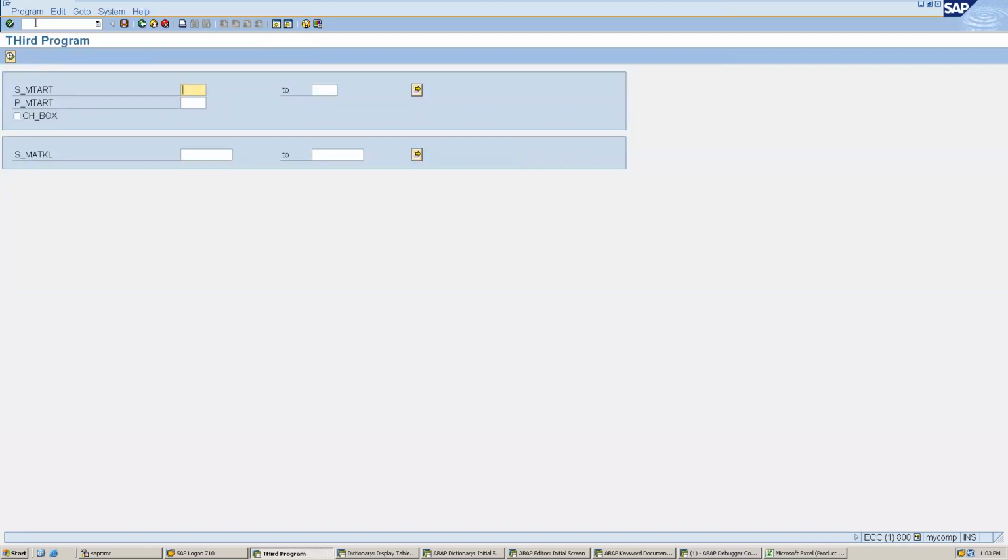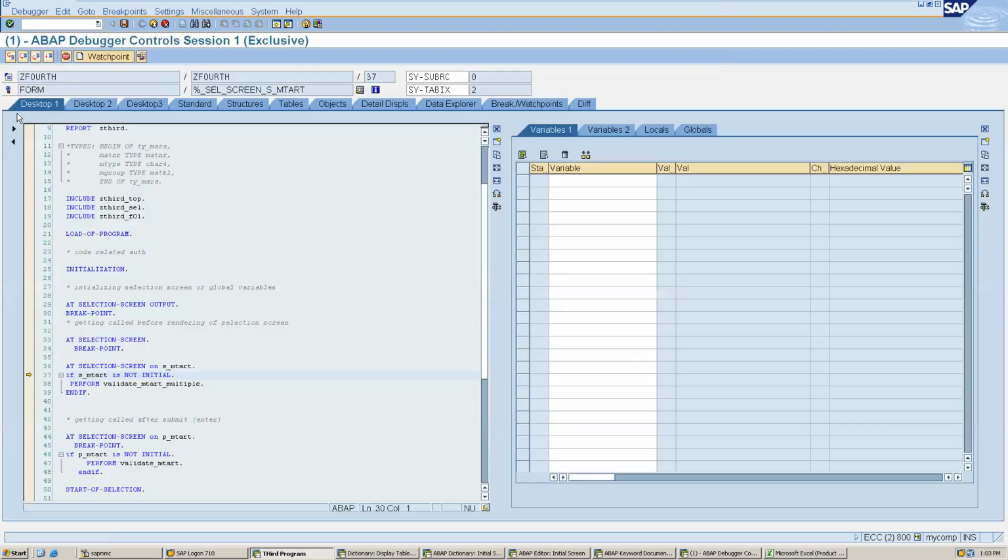For example, if I do /h, see, it has triggered, and now it is coming in here, and it is coming on add selection screen. So the add selection screen event is getting triggered, or add selection screen output is getting triggered, right?